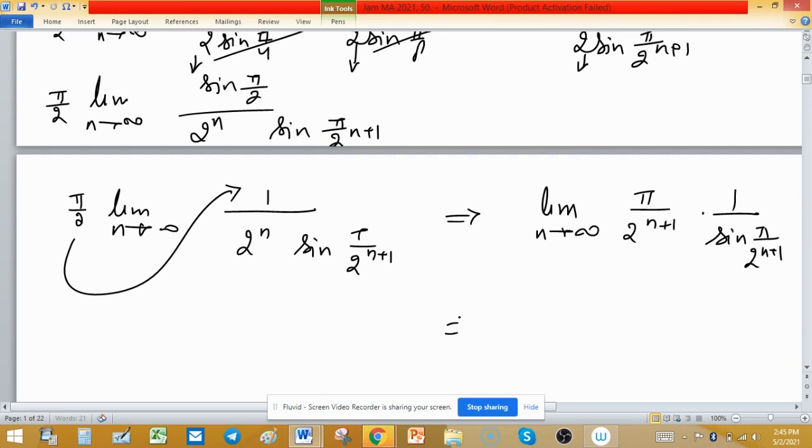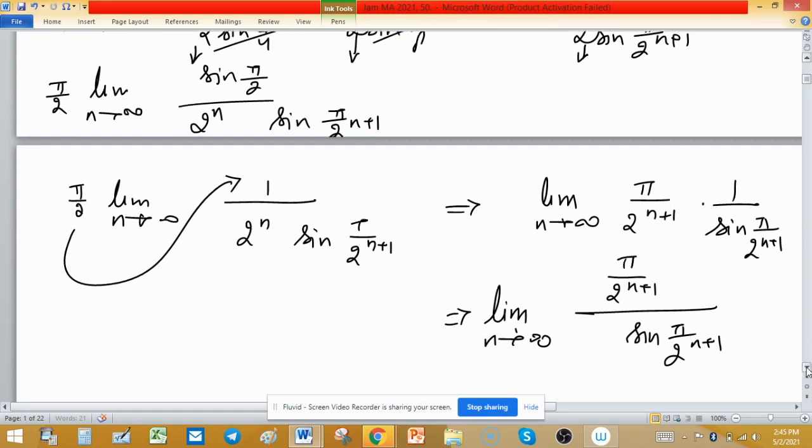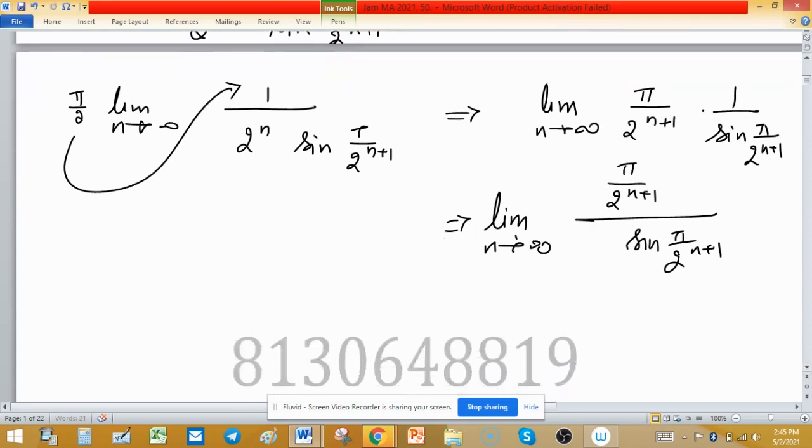So you can write this expression like this: pi upon 2 raised to the power n plus 1 in the numerator divided by sine pi upon 2 raised to the power n plus 1. Finally, this comes out below the fraction line. So you can consider this theta, and this is sine theta, and theta is going to infinity, meaning the limit is